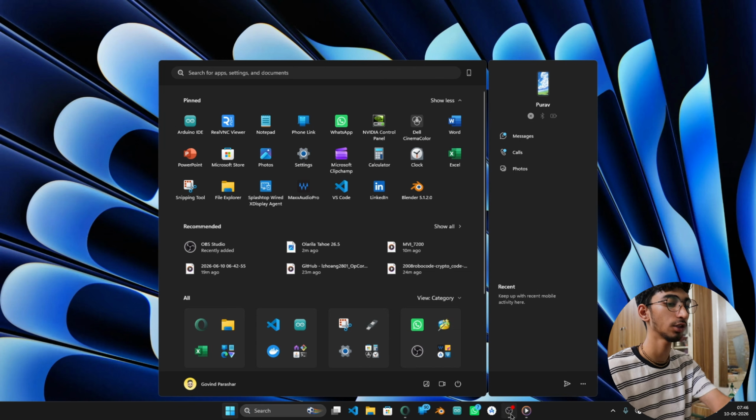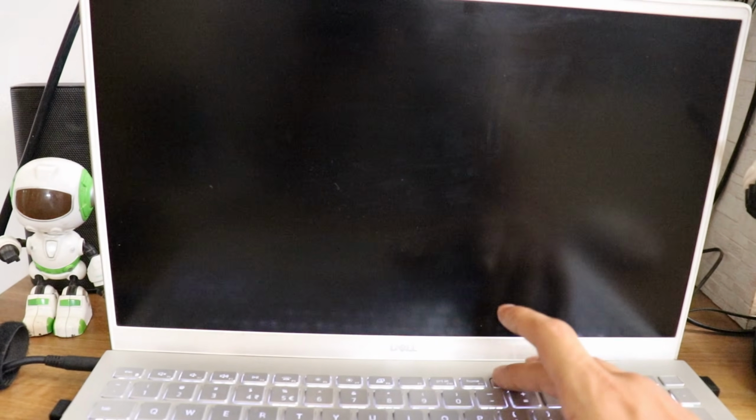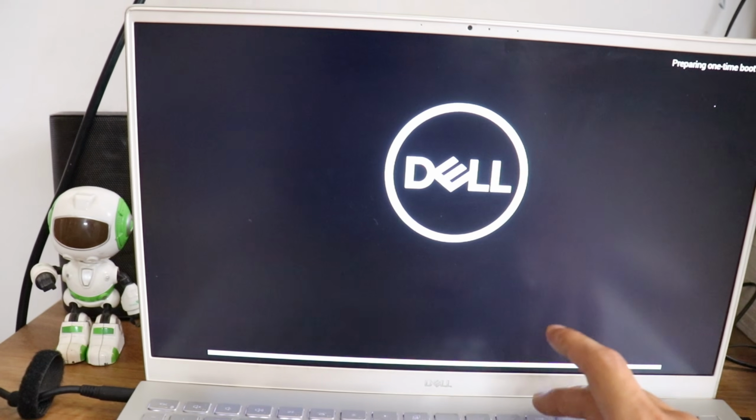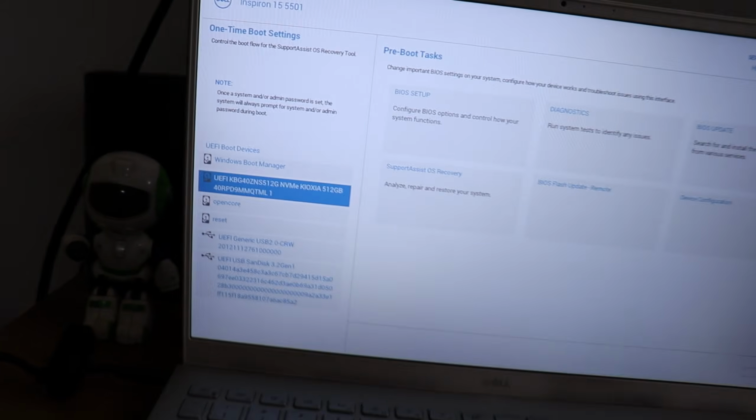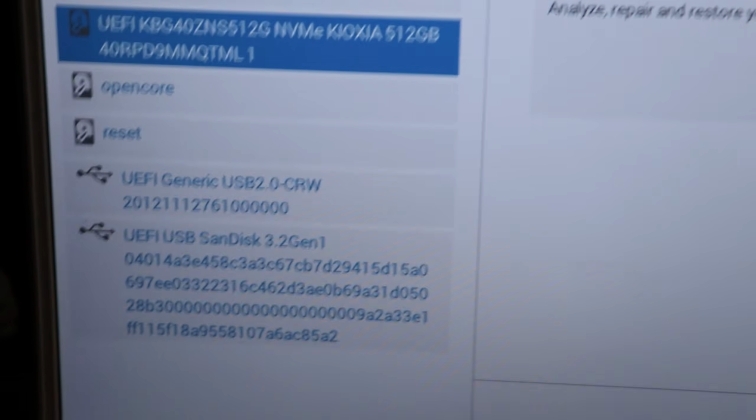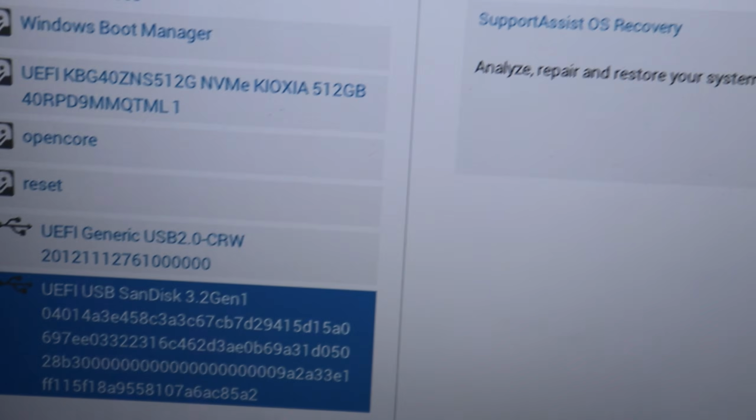So let's shut down our PC and meet you there. Okay, as you can see, our computer is completely shut down. So let's power it on, and I keep pressing F12. It may be some other key for your devices. Okay, now head over to your pen drive name. Mine is a SanDisk 3.2 Gen. Click it. Now you will get to this boot menu,